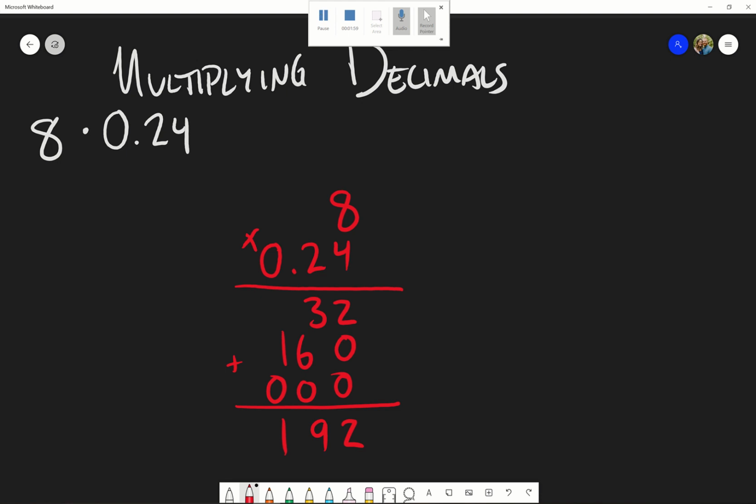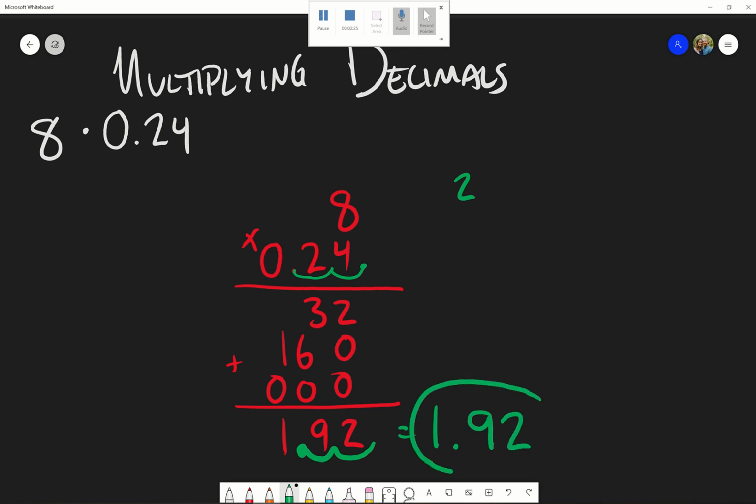Well, 8 doesn't have any decimals, so I don't have to worry about that. But 0.24, I can take this decimal out 2 places to get it all the way out of my number. And since I take this decimal 2 places all the way out, I'm going to bring this decimal, once I'm done multiplying, 2 places in for an answer of